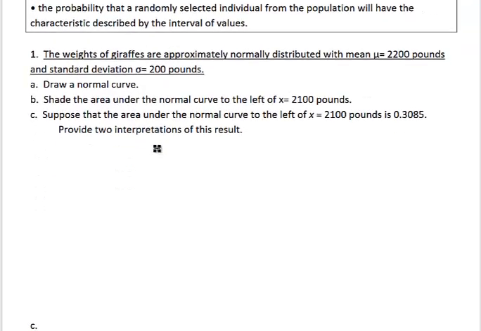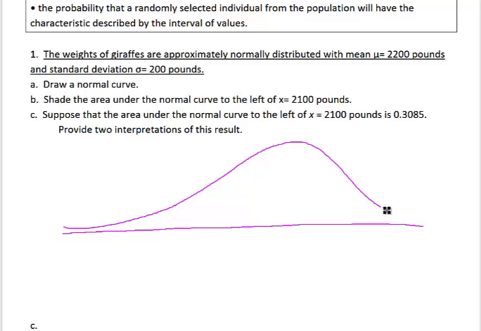So here's the example. It says the weights of giraffes are approximately normally distributed, so we get to draw the little bell shape, and that's what it says to do first anyways. So let's go ahead and do that. Here's my bell shape. Okay, and I'm just going to put a few marks on here. So here's the mean, which is the middle. So this is 2200, and each standard deviation